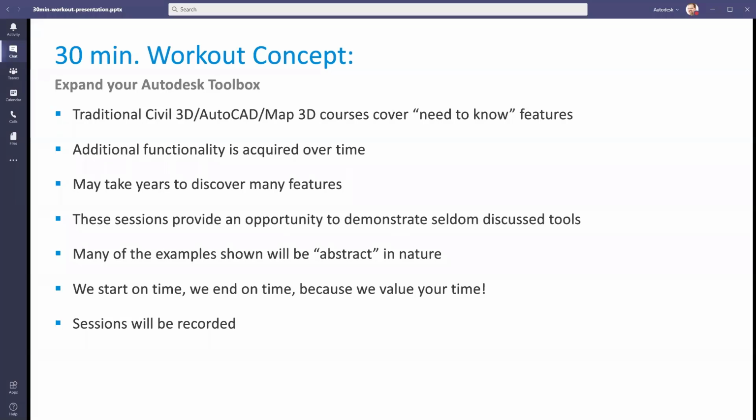If this is your first session with us, I'm sure you would agree that when taking a Civil 3D training session, your time is generally spent or focused specifically on what's required to do your job. When it comes to Civil 3D, there is so much more available in the application. If those tools aren't covered in traditional training sessions, then they're things that you have to discover over many years of using the application. That's the purpose of these 30-minute workouts: to help fill in those gaps and accelerate that discovery